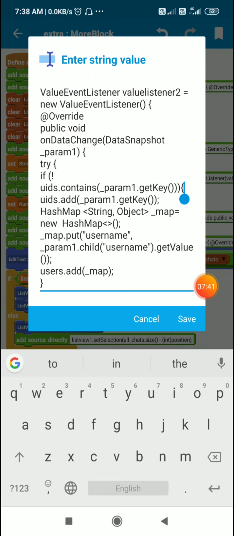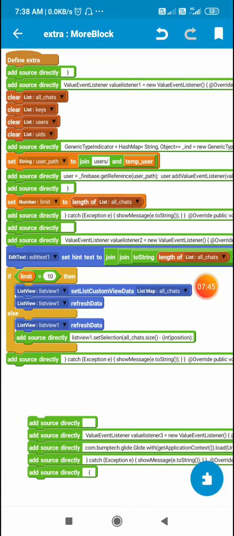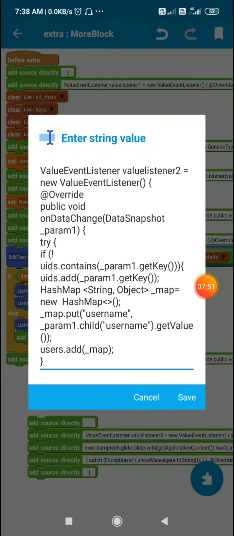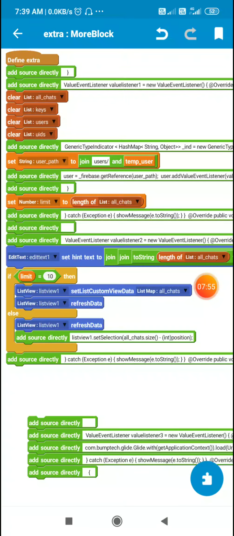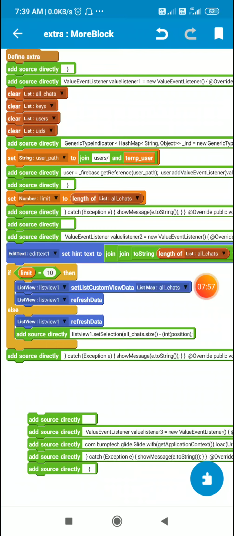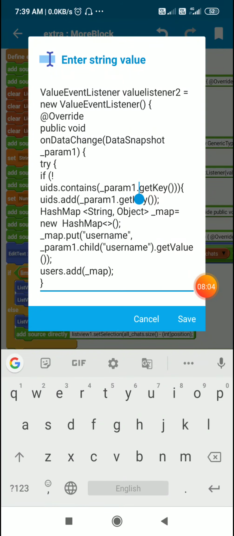Since here I made a reference to the user ID, temporary underscore user was user ID. So when I write param underscore param1 dot get key, I will get this user ID, which is temporary underscore user. So I check if this temporary underscore user or the user ID is there in the list of UIDs. UIDs is the list of user IDs.